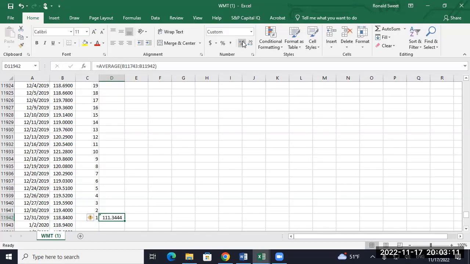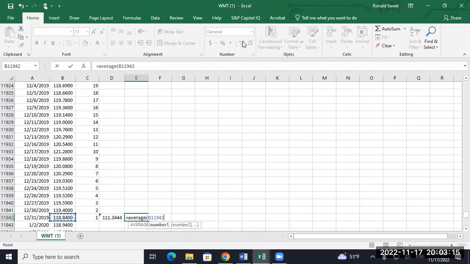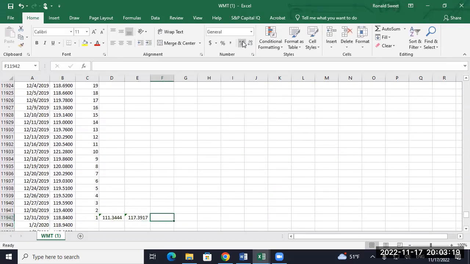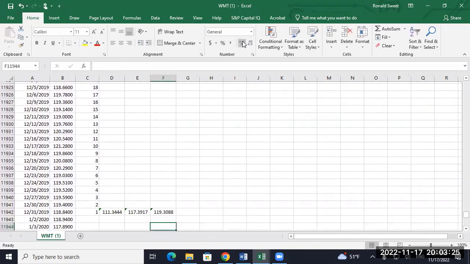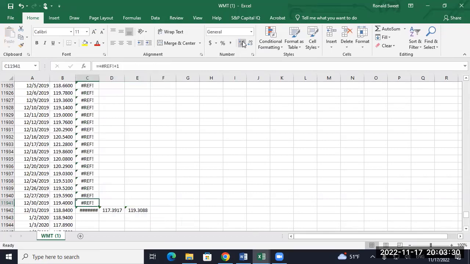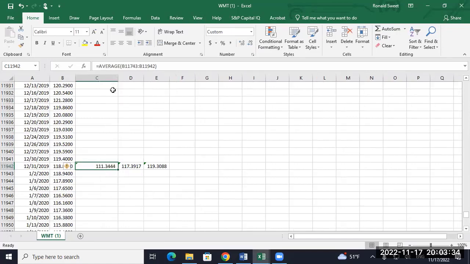Can't get much simpler than that. 100-day equal average, 100 days, and then 50 days. And then you copy that down,